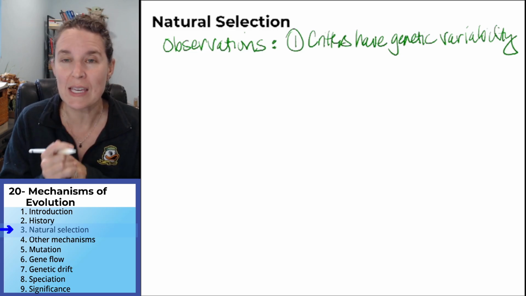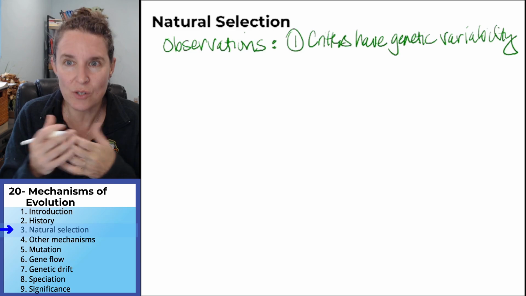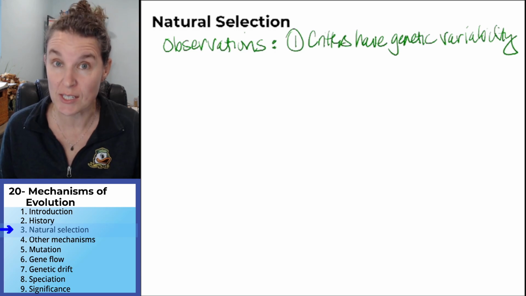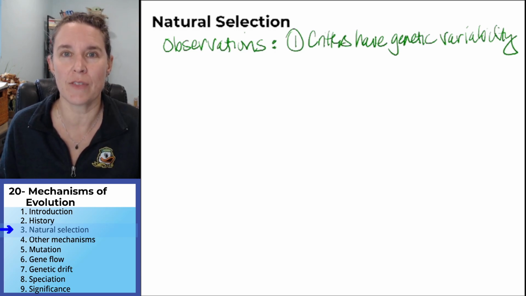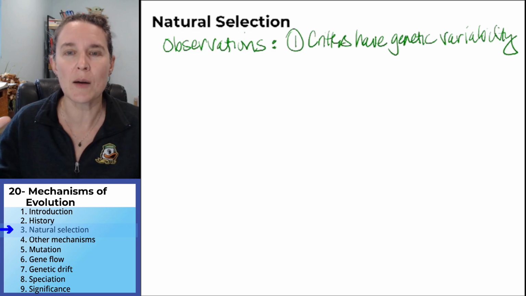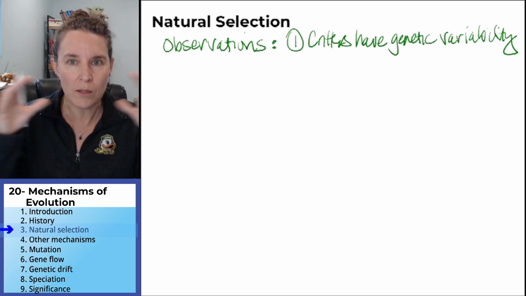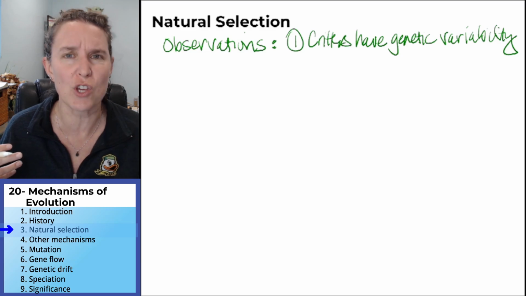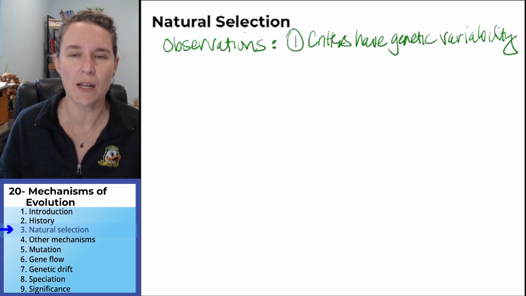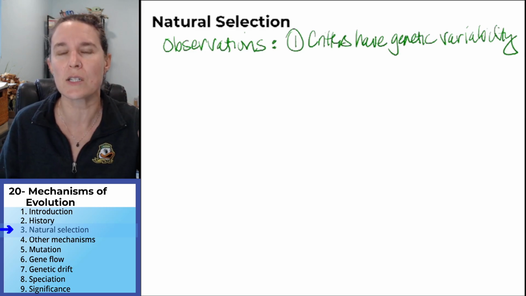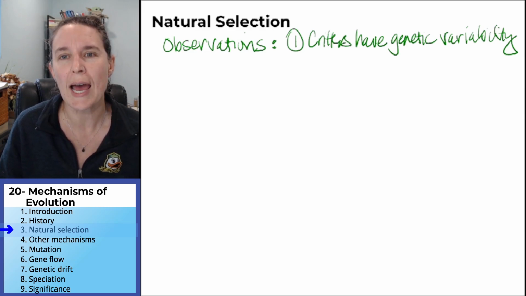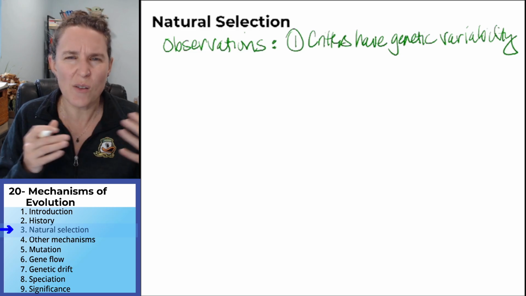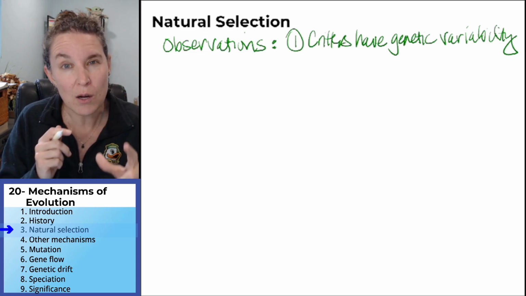One of Darwin's key observations is, hey, there's variability in the genetics of critters, and his finches are his evidence of that. Look at a pile of critters, even all of the same species, and you see it. It's easy for us to think of that with humans. We can look at ourselves and be like, oh my gosh, there's so much diversity amongst humans. But even if you look at something like a blue jay, you're like, oh, they all look the same. But if you look close, they don't.